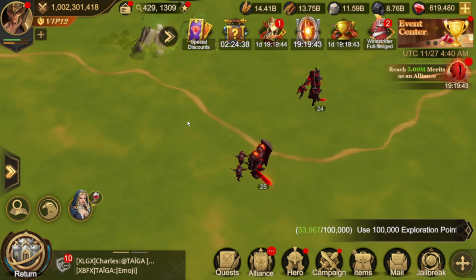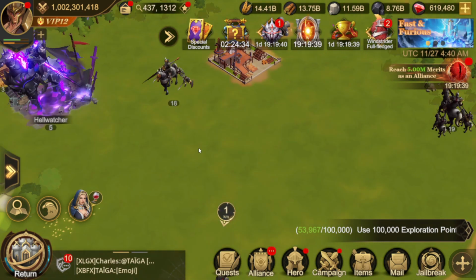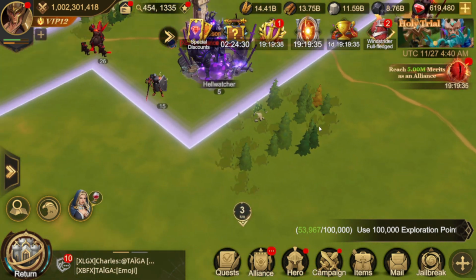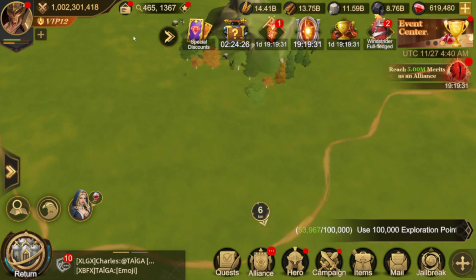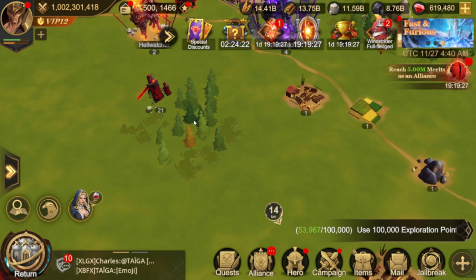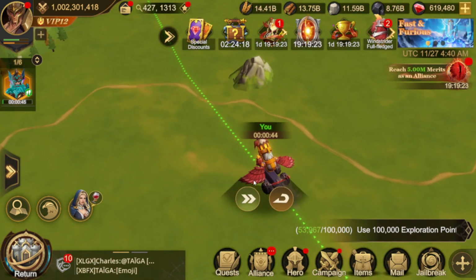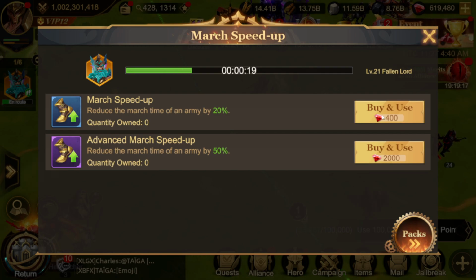Fact number 6, which should be very obvious, but somebody actually pointed this out to me that they did not know it was the case. And that is when you are speeding up. Let me find an enemy that is further away. When you are speeding up, it is much cheaper to use, let me use this, the 400 gem speed up than it is to use the